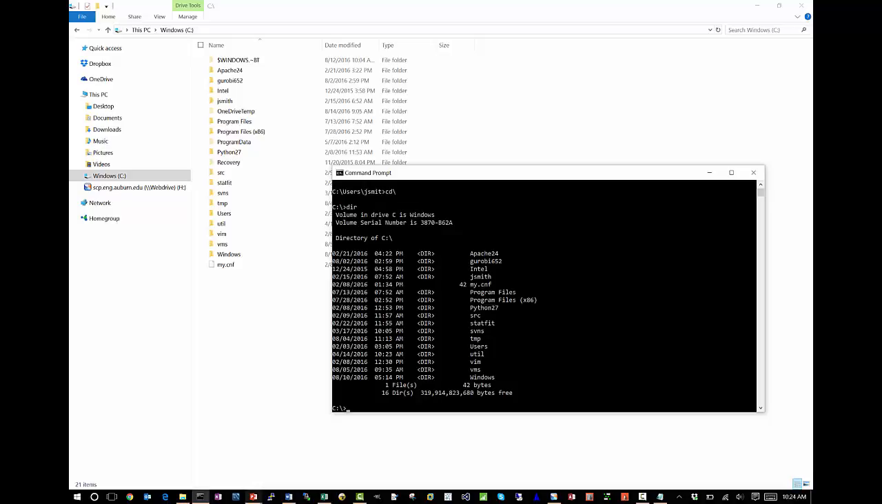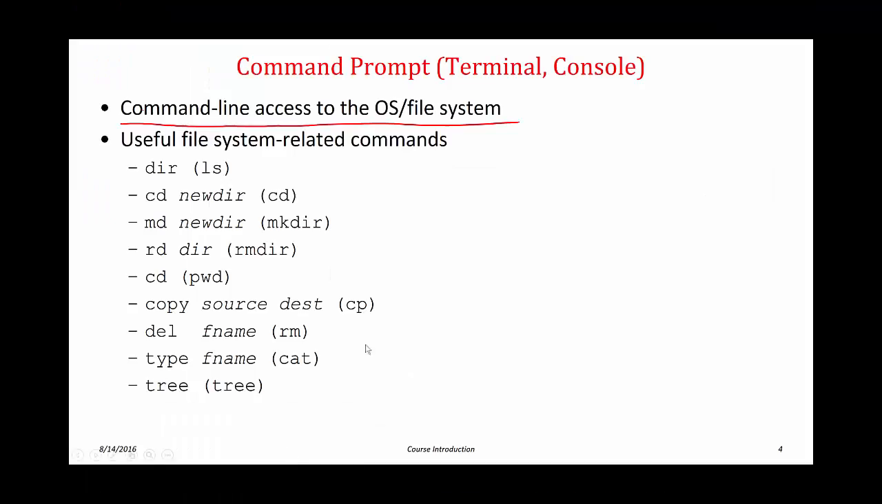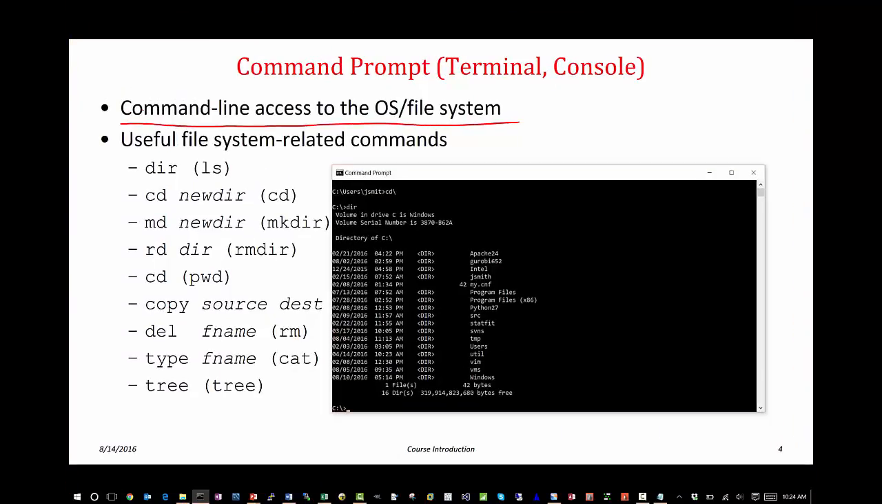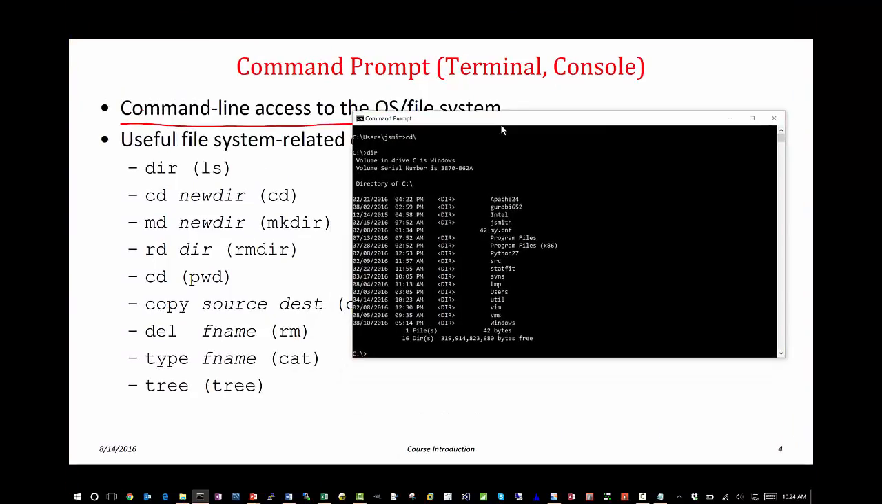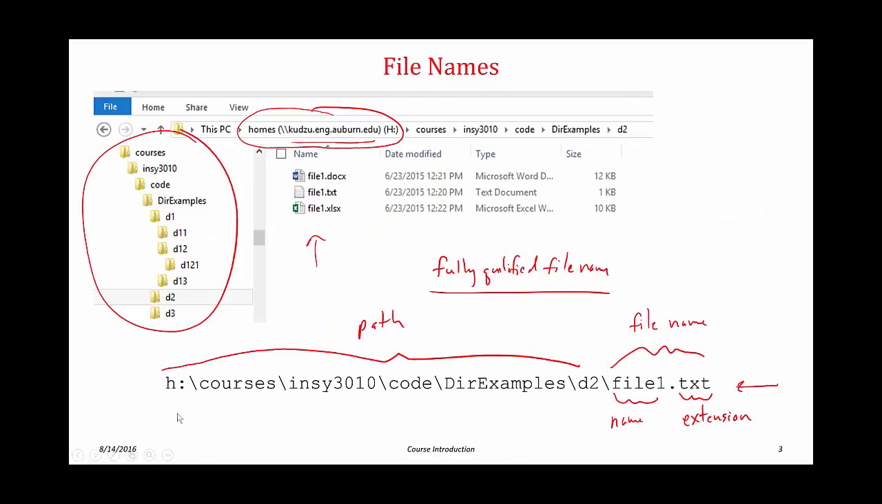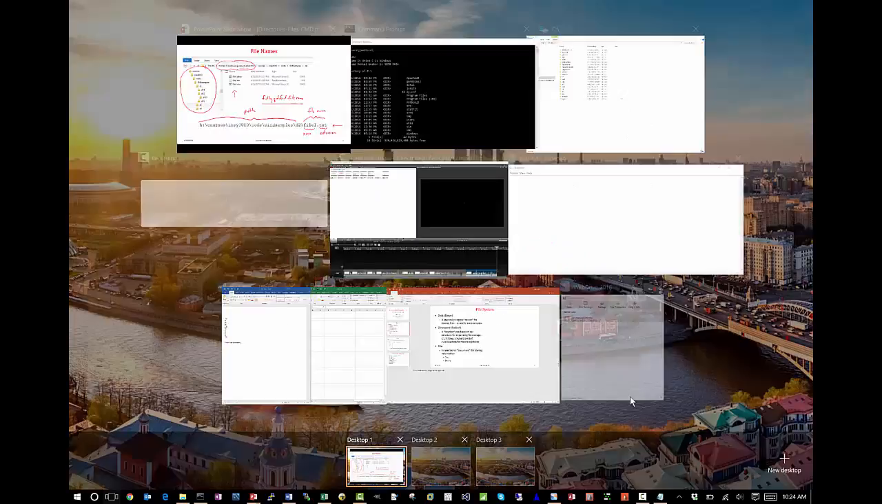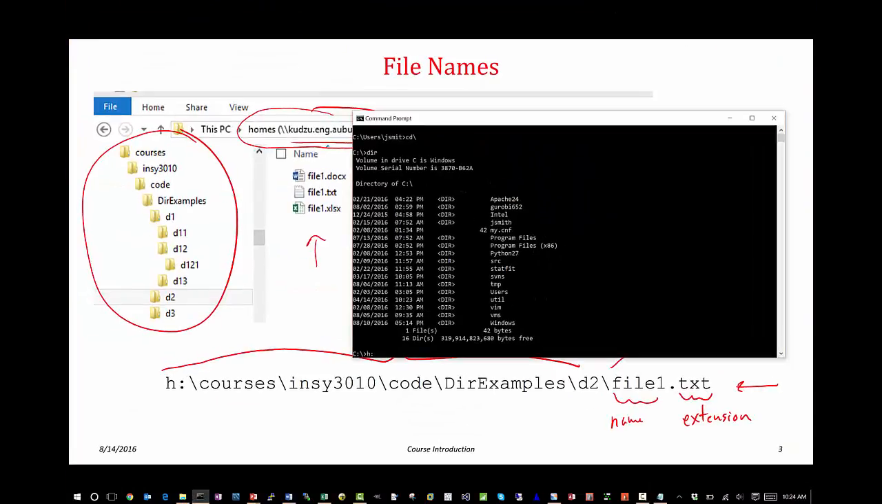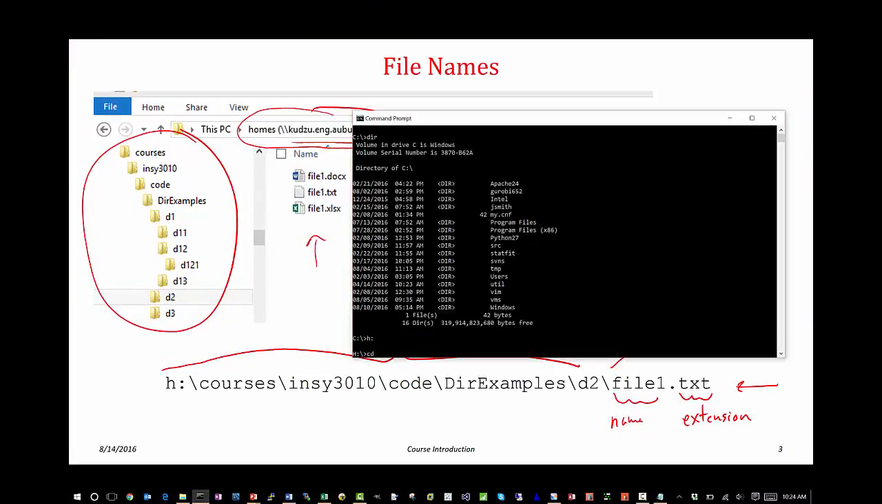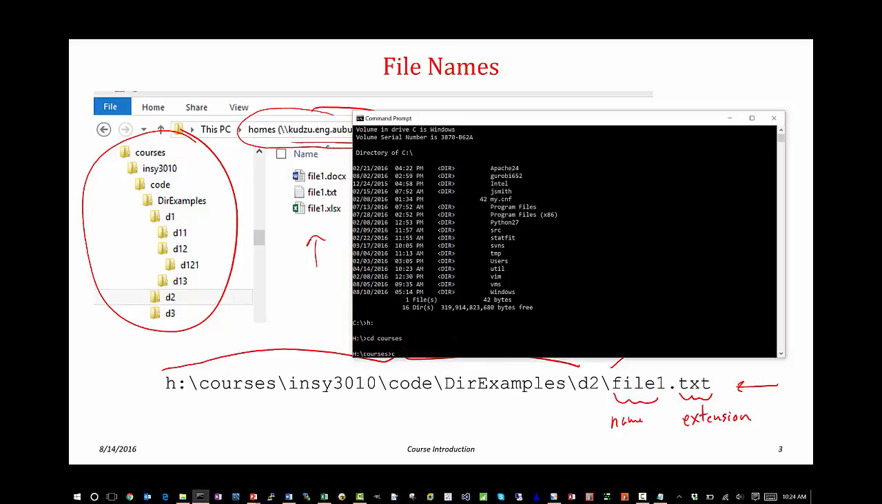The command line, or the command prompt, as I said, we're going to use to interact with the operating system. You need to experiment with these different commands so that you can get used to navigating around the file system. For example, I talked about the fundamental difference between binary and text files. If I wanted to get to that location where those files are, we know that's H courses INSY3010 code dir examples G2 file 1. I can get there in the command prompt by switching from the C drive to the H drive using the CD, or change directory, command. So I'll go to courses CD